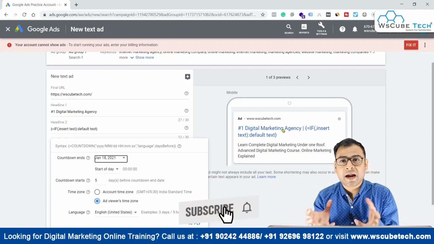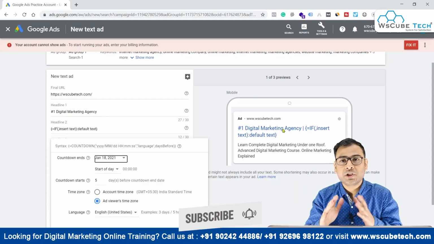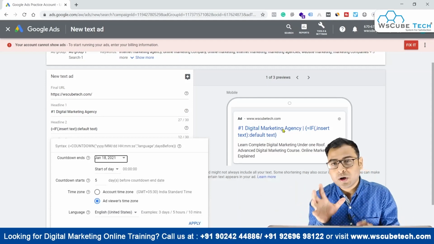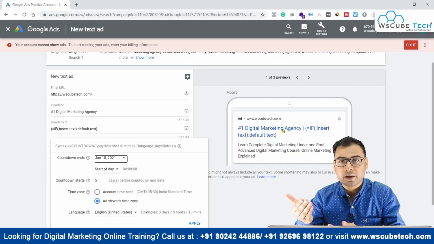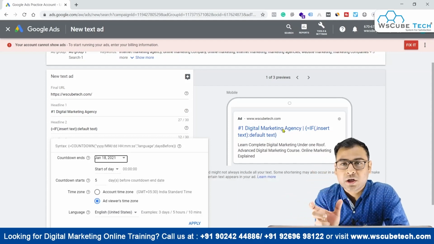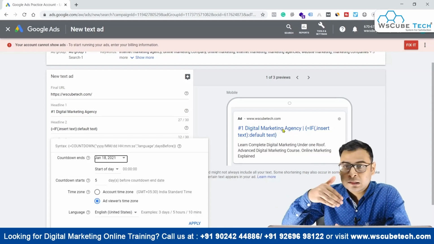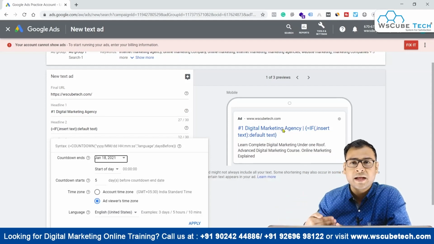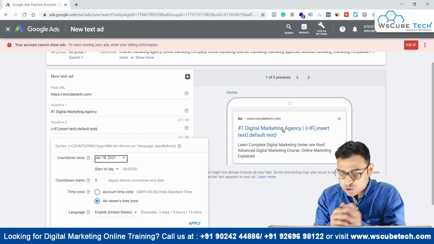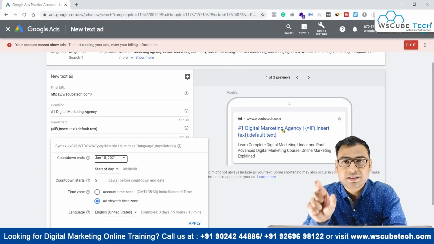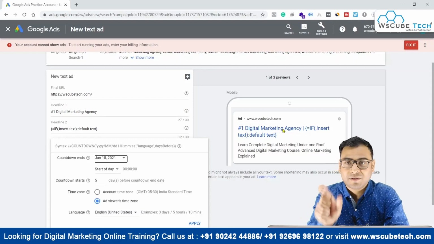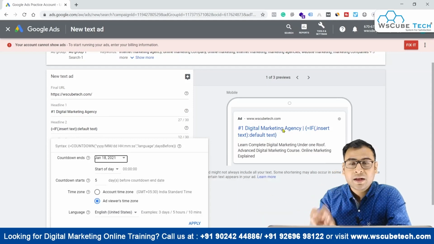So you want to create a headline that will automatically change. The countdown over there will automatically update according to the dates. As the dates change, the headline content will also change. So earlier, if it was like the sale ends in 7 days or the offer expires in 7 days, after one day it will automatically become offer expires in the next 6 days, then next 5 days, and so on. This is one of the very important uses of the countdown feature.